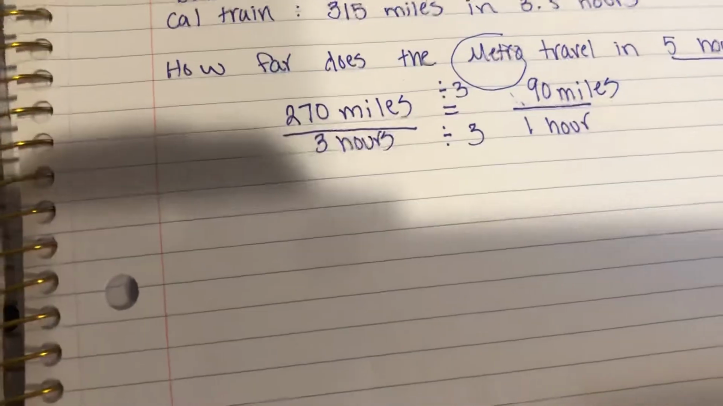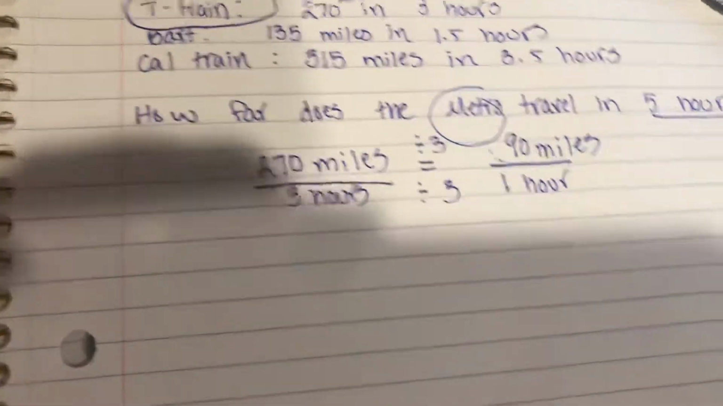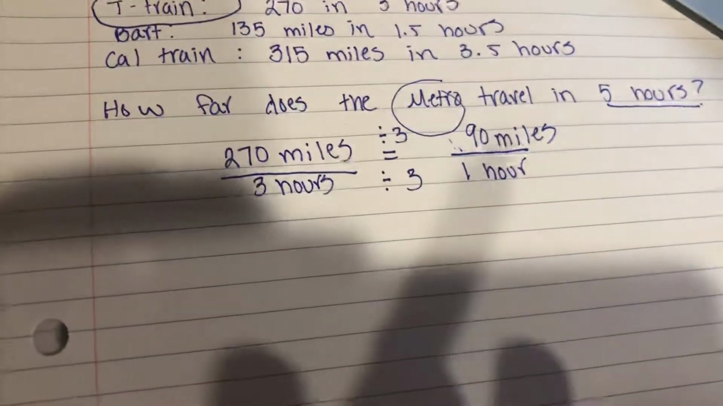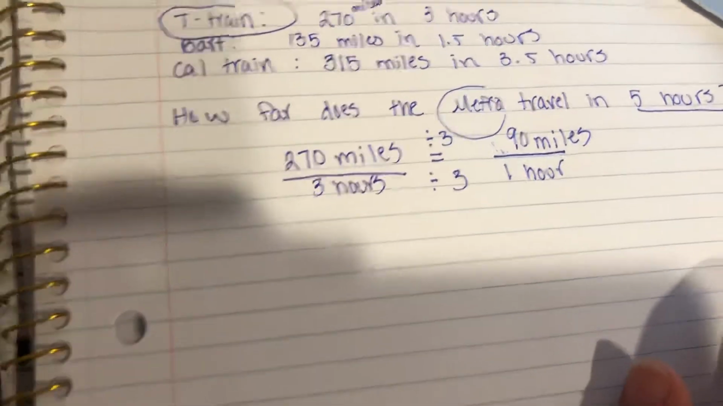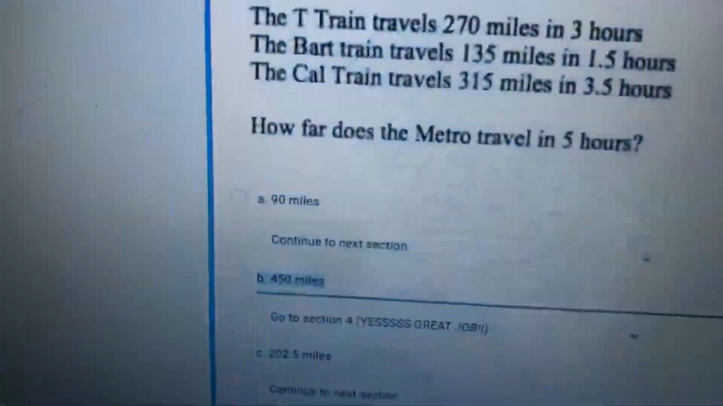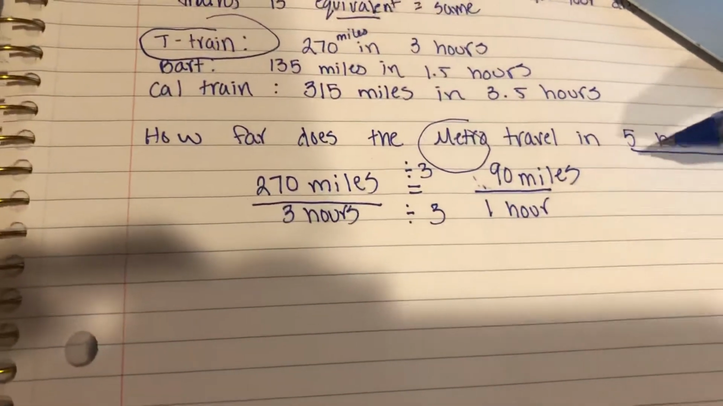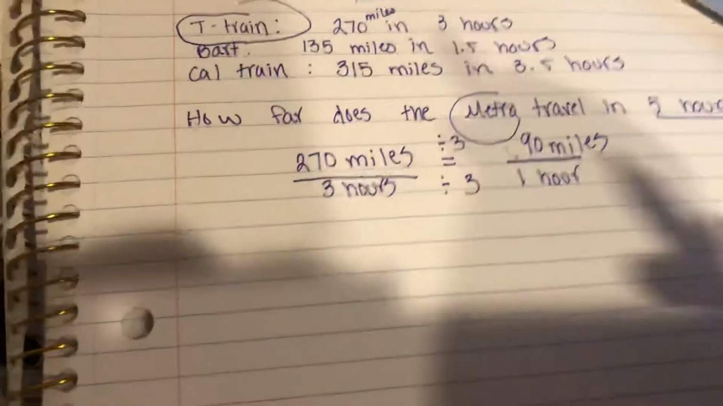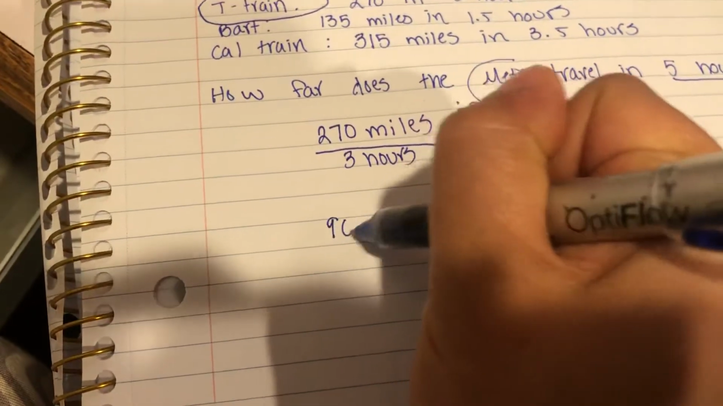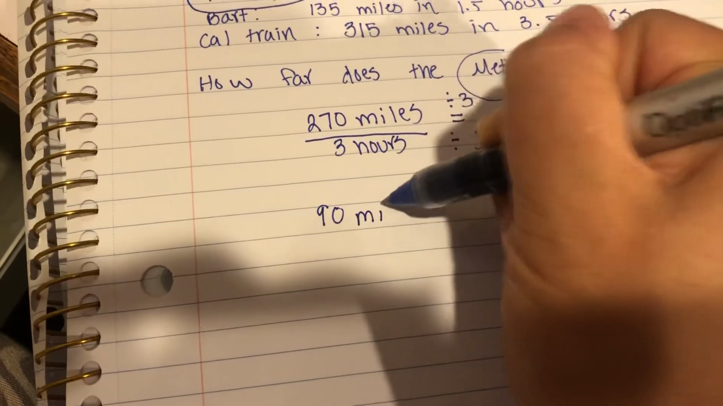Okay, so we have 90 miles in 1 hour, but that's not what the question says. What the question says is how much does the metro travel in 5 hours? So be careful. If you chose 90, that's because you figured out how much in 1 hour instead of in 5 hours. So now we're going to use, okay, this goes 90 miles